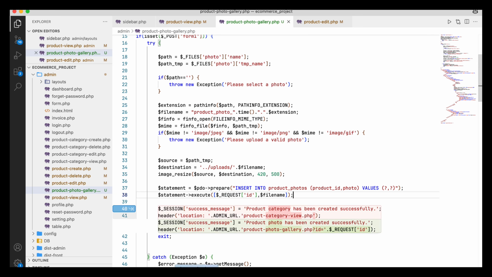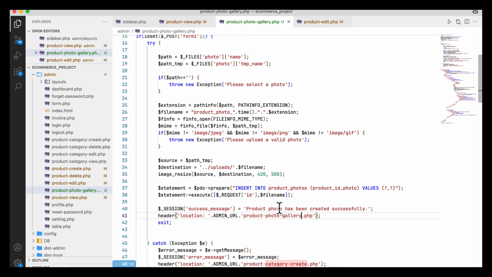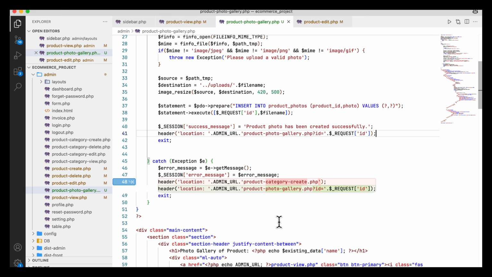And now for the product photo, after the success, here you can write "Product photo has been added successfully," and I will stay on the same page, product photo gallery, with the question ID equal to request of ID. And if there is any error, the same thing will happen and the link will be changed to this. So now if I refresh, you see in the right side there is this one, and in the left side